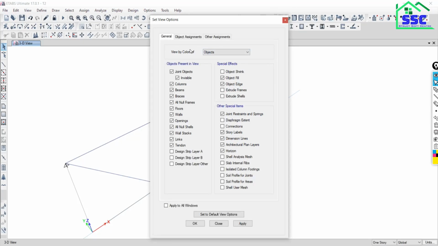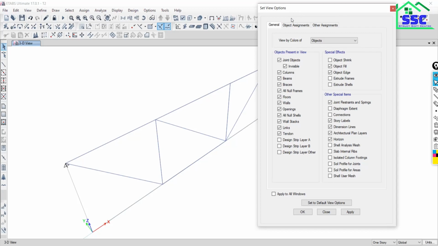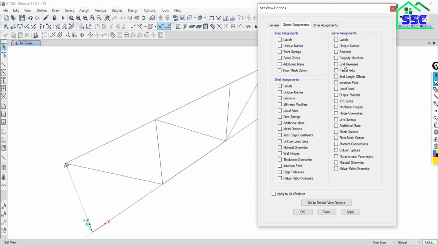As it is a frame element, I will explain all these things in detail in a later session, but right now in this session we have to understand the axis. That's why I'm showing you. So frame assignment, just go with local axis. Once you click on it, say apply, and as you can see, each structural element or each member has its own axis.